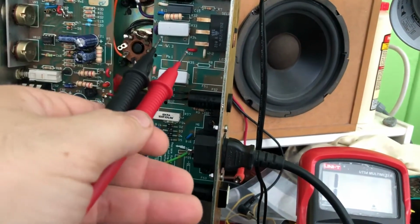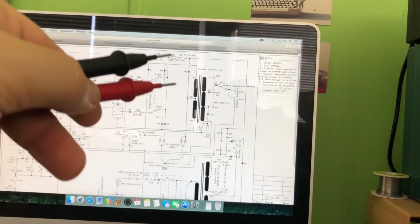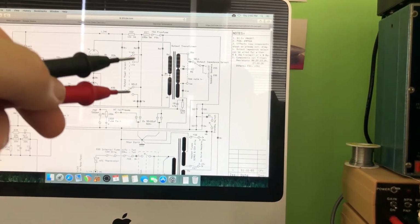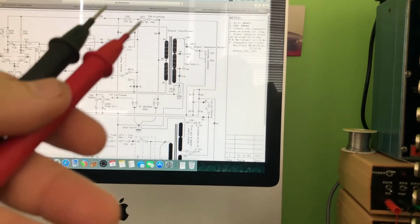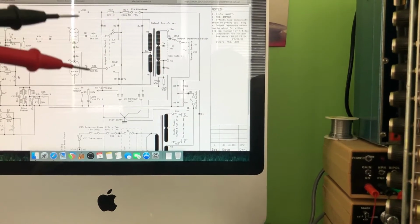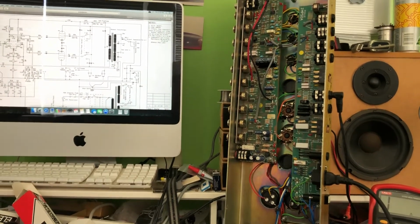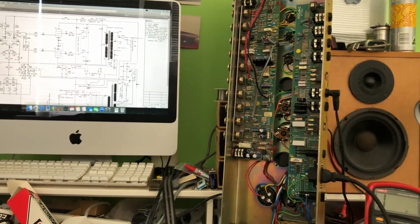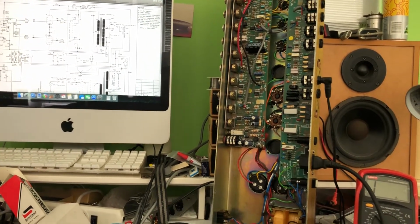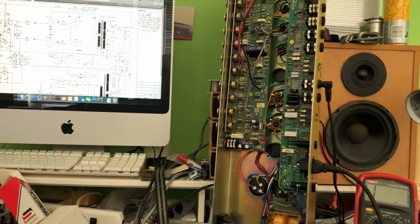Okay, so that's another thing as well. Now, what's that part of the circuit? Well, it's just the switch going from low power to high power. So I'm noticing that the bias is really low and the amp is overdriving and distorting. I feel like the tubes are running cold. I just wonder, for whatever reason, about that 2.2K instead of 1K. On one hand, you're going, what's the difference? 1K versus 2.2K. The 1K is actually more than 50% less. So that could be causing an issue. I think it might be wise to